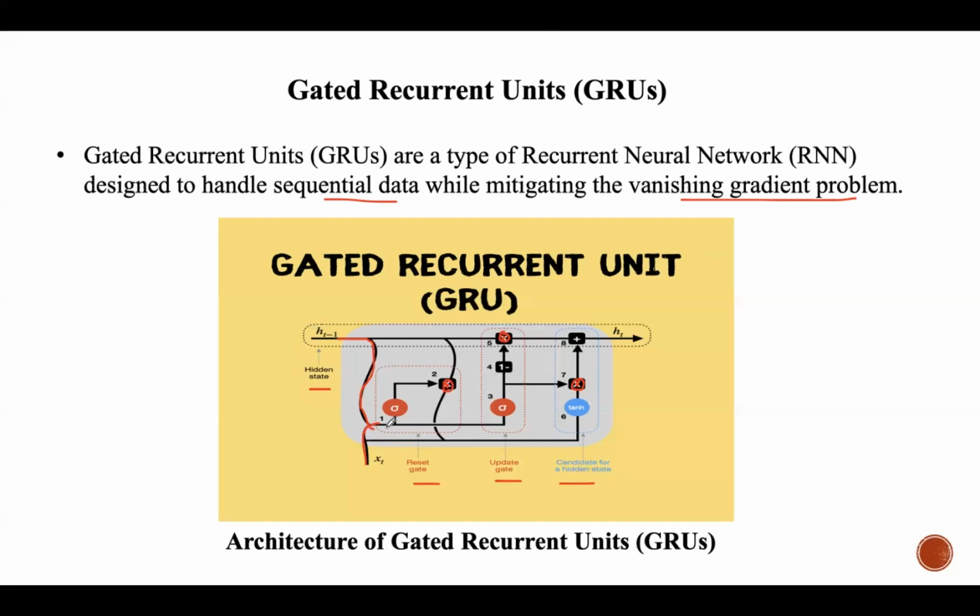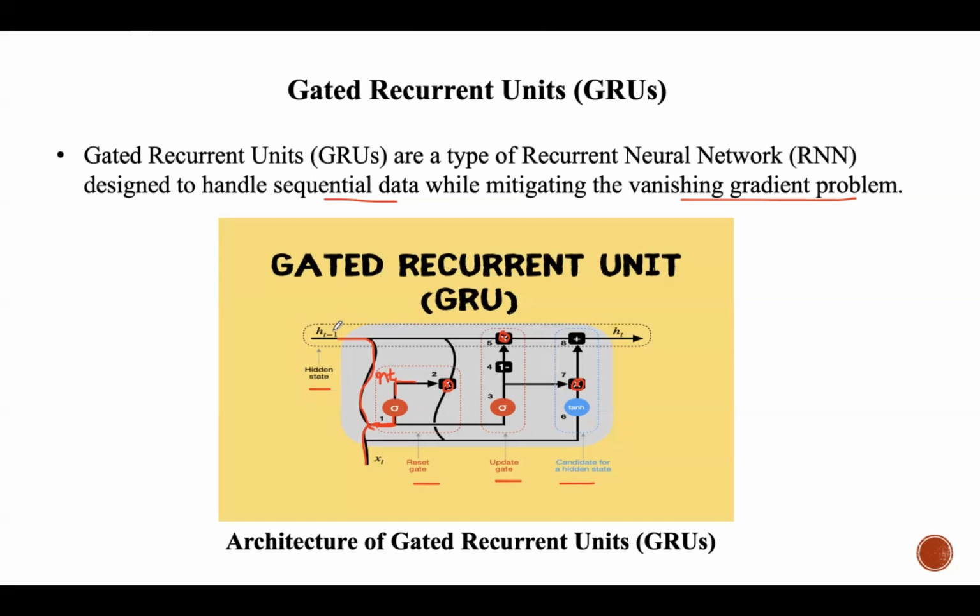So we are providing that, and the reset gate calculation is done here. This X_t and h_(t-1), both of them are concatenated and passed through the sigmoid activation function. From this we get the result, which is nothing but r_t, the reset gate calculation. This output r_t determines how much h_(t-1) should be reset.